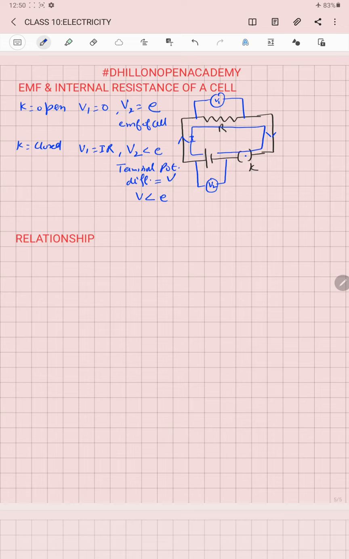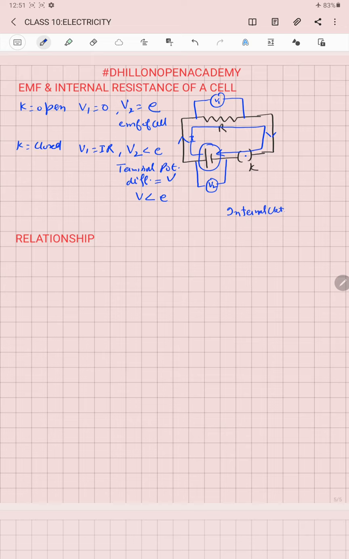But we know that current always flows in a closed circuit. This means that if in the external circuit the current is flowing from the positive to the negative terminal of the cell by passing through the external resistance R, then it is also flowing from the negative terminal of the cell to the positive terminal of the cell by passing through the electrolyte of the cell. So this portion of the circuit, where the current is flowing from the negative to the positive terminal, we call the internal circuit.